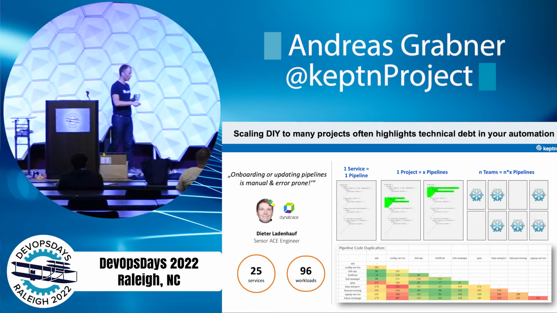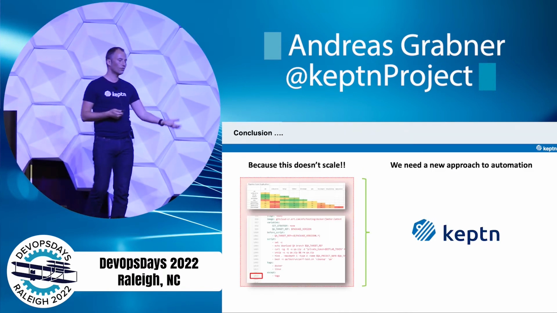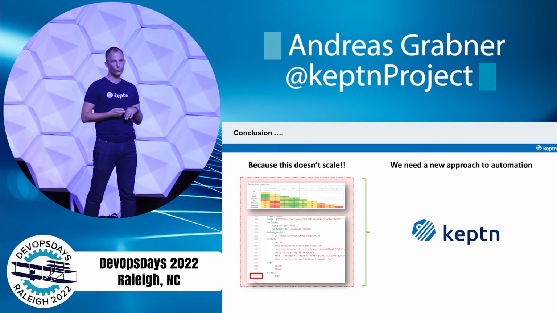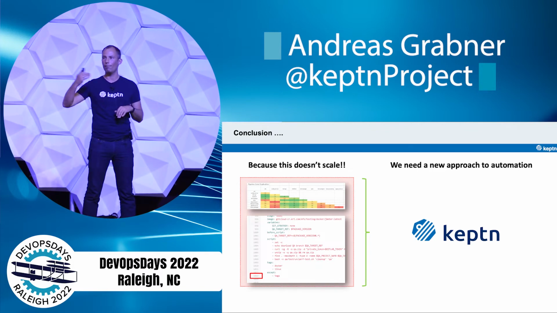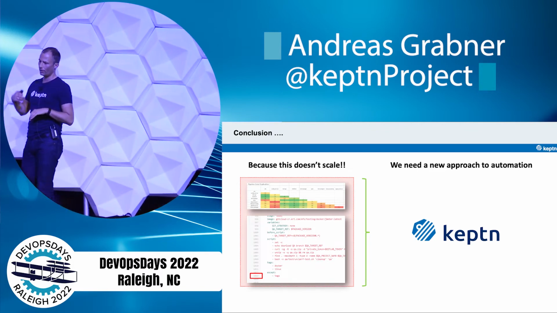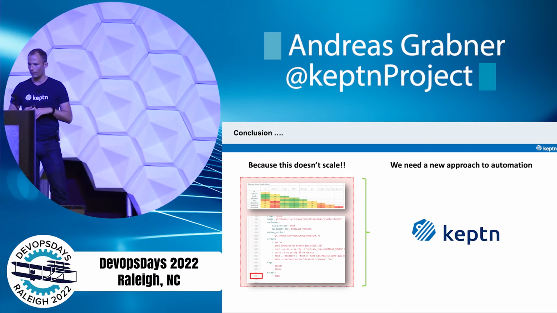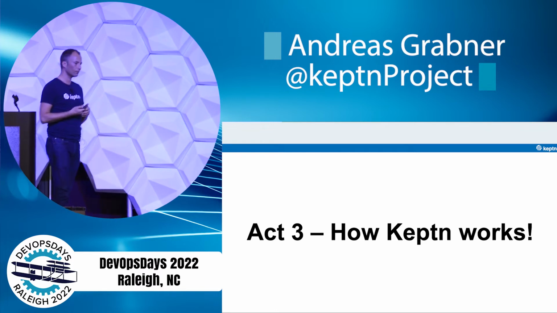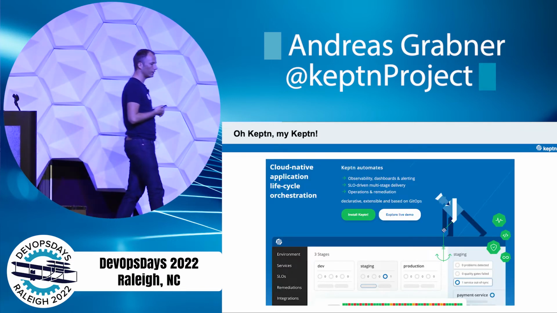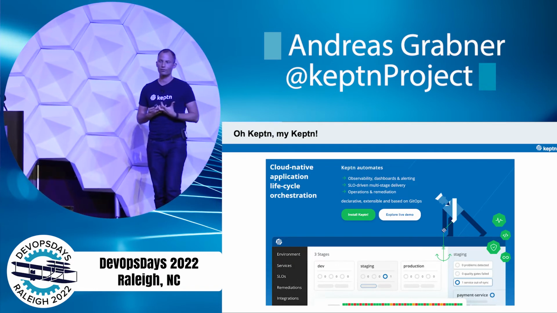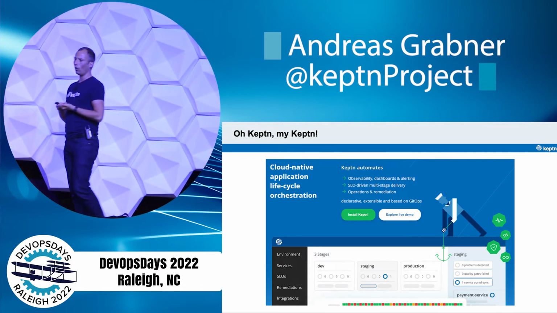Well, I see nodding heads because this is just what happens. And this is why we said this approach does not always work. We need a new approach to automation, especially as you need to add more tasks, like the auto remediation I mentioned earlier, chaos engineering, we heard that earlier, and so on. So how does Keptn now work? Why is Keptn different? Even though I showed it in a demo, the way Keptn works and what drove us is that we saw all of these pipelines.